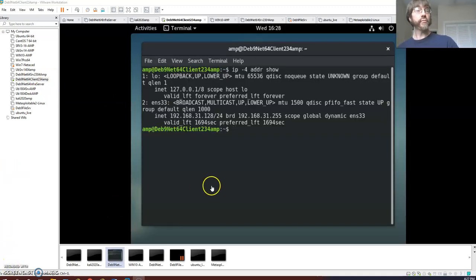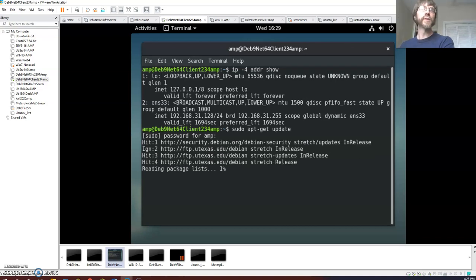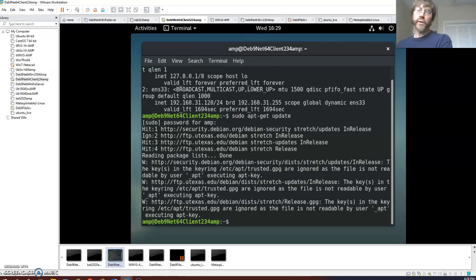All right, so I've confirmed that I am in fact connected to the wider network. I used the -4 flag on the IP address command. Now I'm going to do sudo apt-get update. Good. This is always a good idea before you start managing your software. So next thing is sudo apt-get install